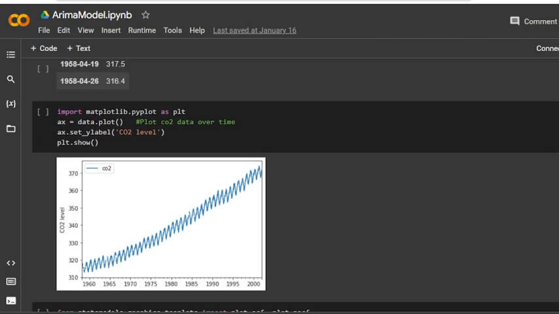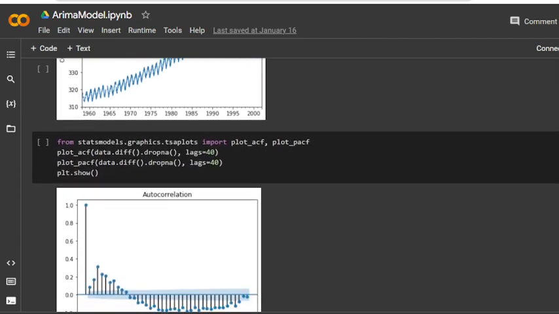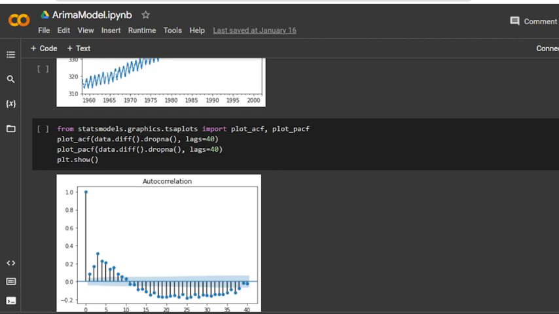If you want to, import matplotlib.pyplot as plt, ax = data.plot, and plot the CO2 data over time. Set the CO2 level and just add plt.show, so we can see the data here. First we get an idea of the data we are working with, and it is good to make a plot. We can see the plot of the CO2 data over time. This data shows the very obvious sign of an upward trend,